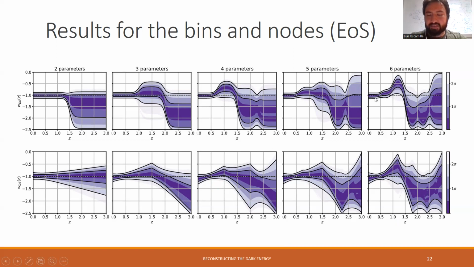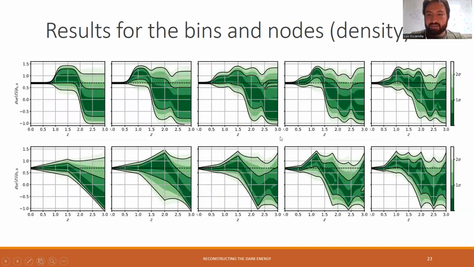We also have some interesting features, such as a crossing of the phantom divide line, in both cases. And we also have this interesting behavior of a transition in a quantum-like behavior. These right here are the reconstructions for the dark energy density. We see also the same. As more parameters are used, the structure becomes more complex, and we see in all of them a possible transition from a positive dark energy at 0.7 to either a null value or a possibility of having a negative dark energy density, which is the same as our graduated dark energy.